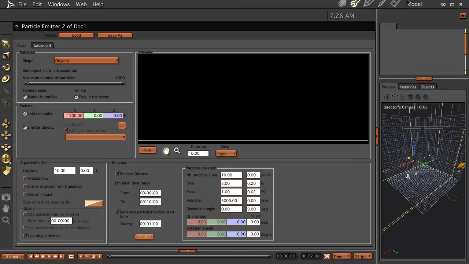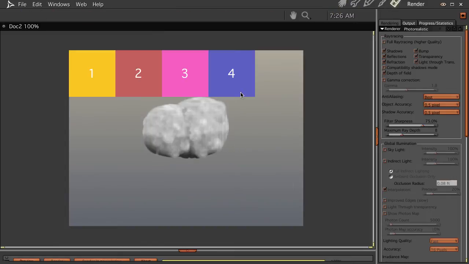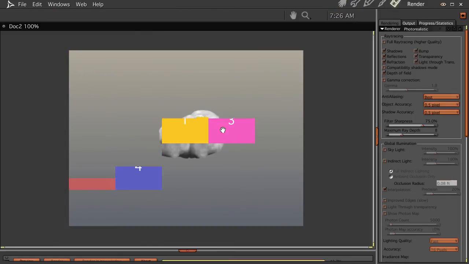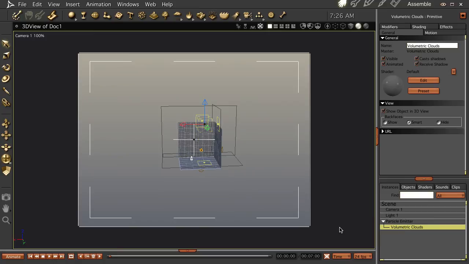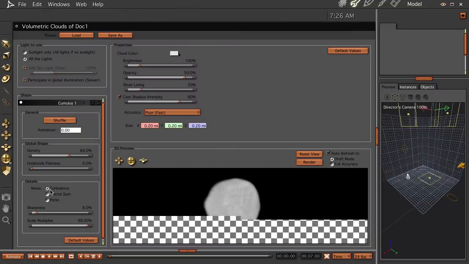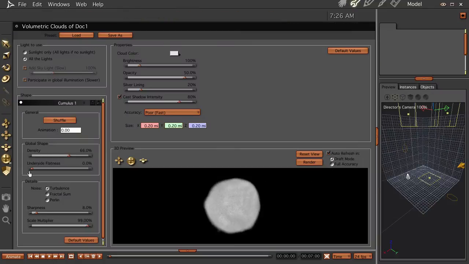Shuffle. And see what we got. 1 Mississippi, 2 Mississippi. There we go. See how you can stack them on top of each other and change the shape just slightly? That way you don't have the same clouds in your scene all over the place. And once you have the shape that you want, then you can jump into your clouds and start playing with the